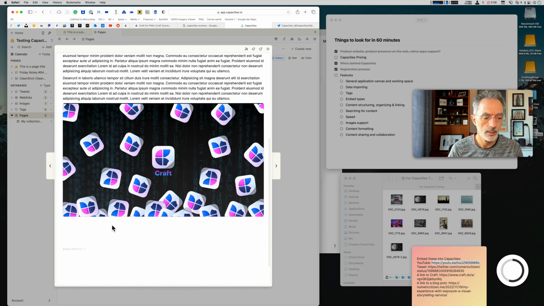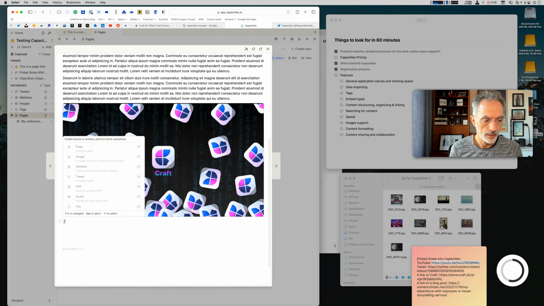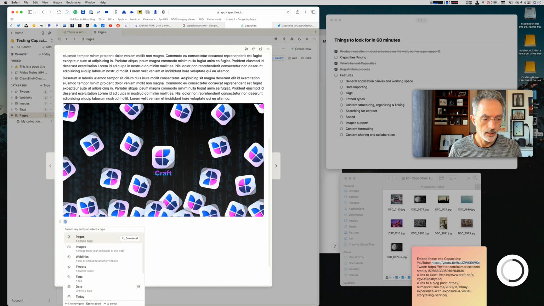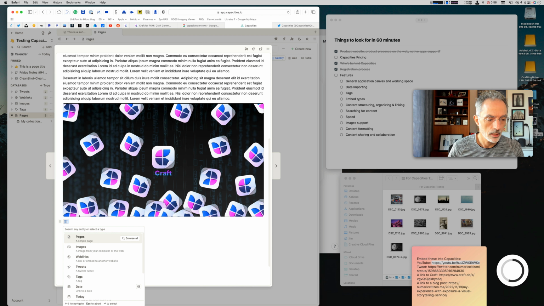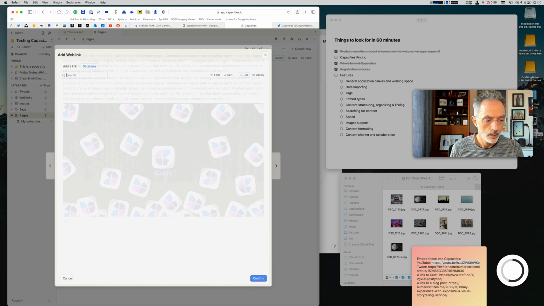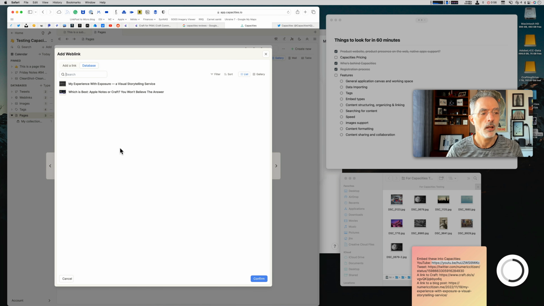So I can use the /. I can use the @ to add some content to a page. I can use the that's for the tag. I can use, what can I use again? The option this to embed a web. So that's something I like. I can refer to my database of links. I can refer to, I guess,